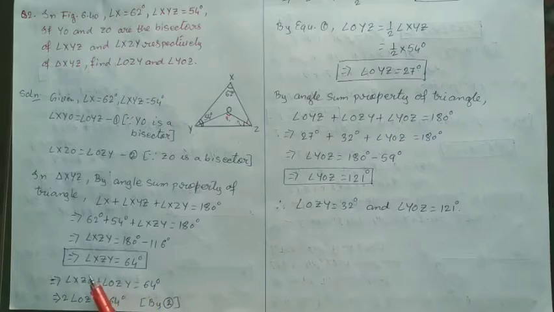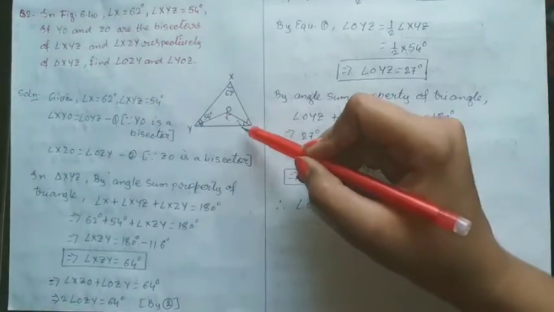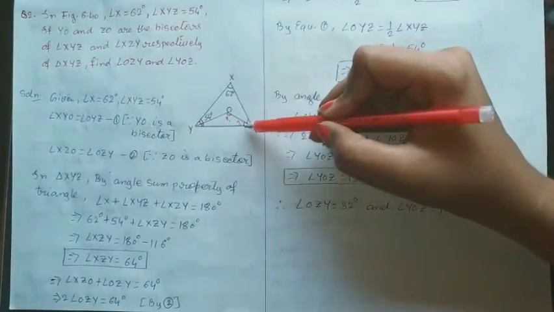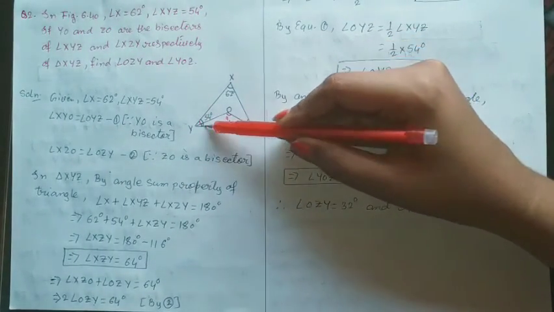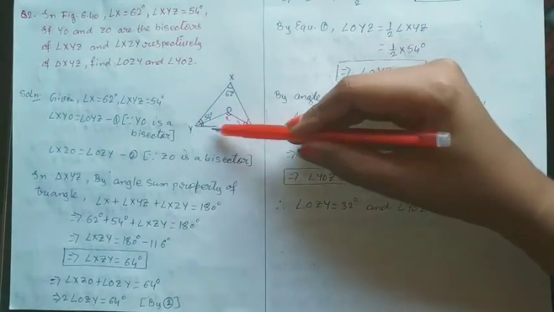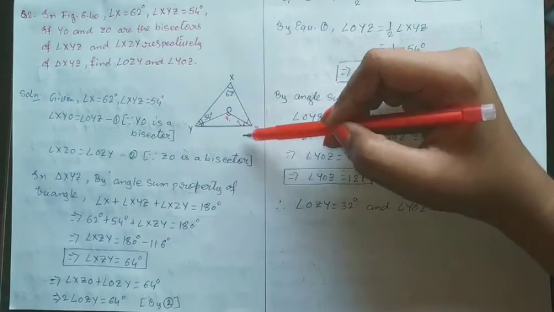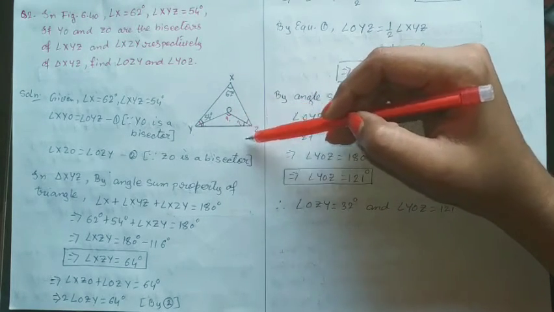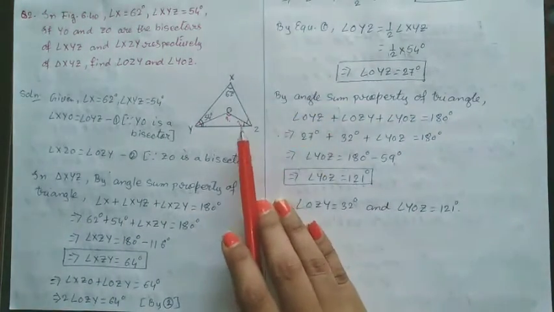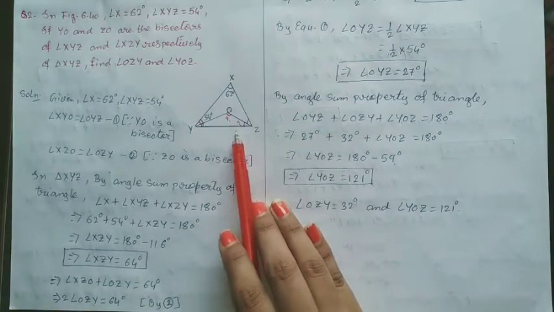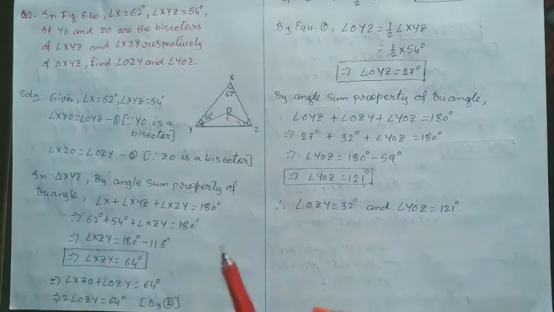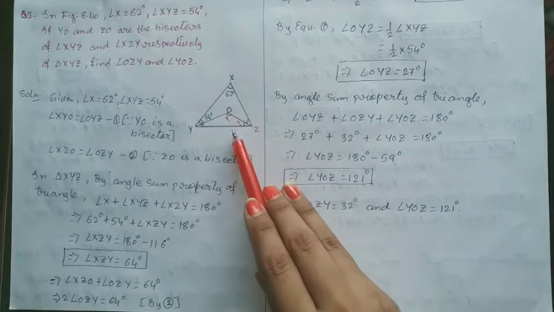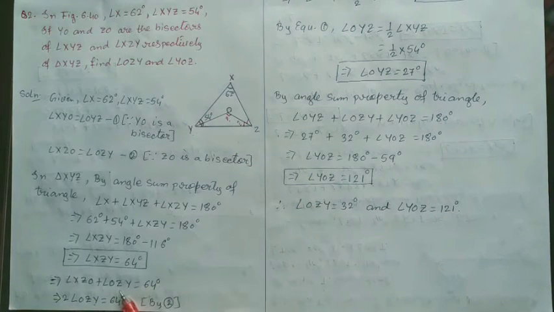Now, we do not actually need this entire angle XZY. They did not ask for it. What they have asked for is half of it, OZY. Now we know that angle XZY is divided into two parts. One part is OZY, another part is XZO. So if we divide this total angle by 2, we will get the value of this particular angle which has been asked for here. This total angle is the sum of these two. So that's what we have written here.